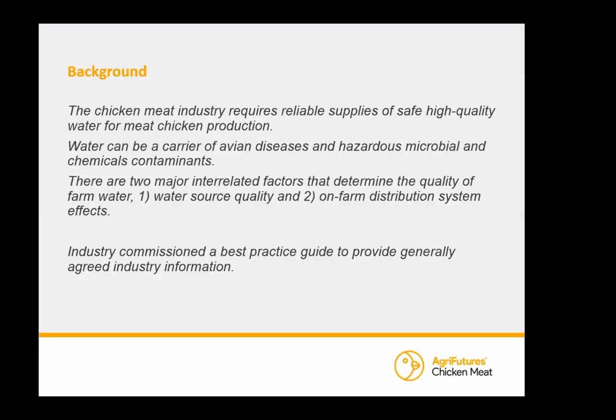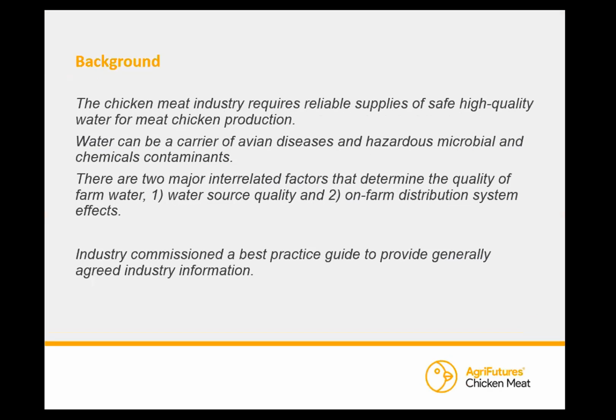So this project, if you talk in a general sense, water is obviously an important input for production, maybe even undervalued or under-considered. It's a bit of a given that we have good, safe, quality water, but that's not always the case, and if it goes bad, it can cause a lot of issues. So there's two key issues: source quality and then effects that relate to your distribution